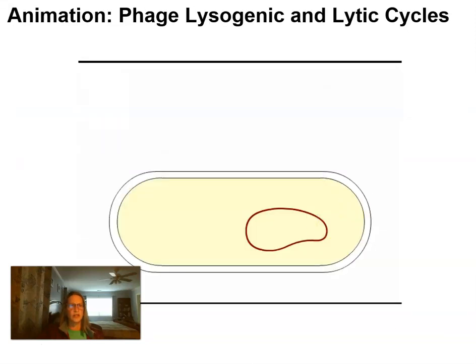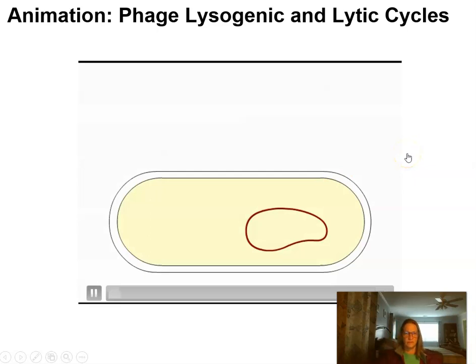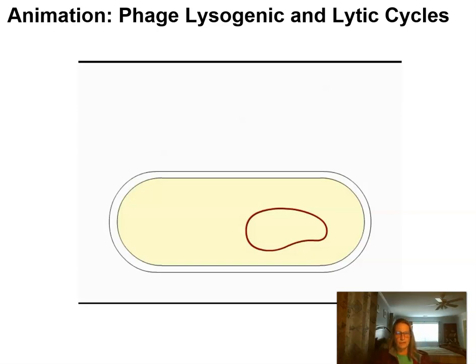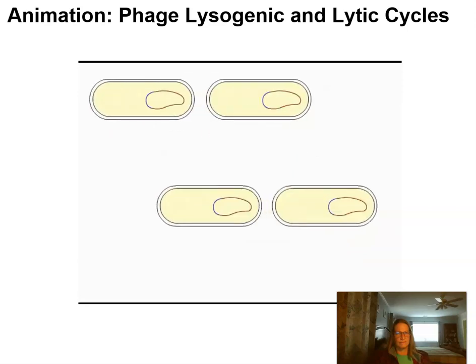Okay, here's an animation demonstrating this whole thing. In contrast to the lytic cycle, the lysogenic cycle reproduces the viral genetic material without destroying the host. The lysogenic cycle of phage lambda begins when a phage binds to the surface of a host bacterium. The phage injects its DNA into the host cell, leaving the empty protein coat outside. The viral DNA is incorporated into the host cell DNA, where it is called a prophage. Every time the host bacterium reproduces, it replicates the phage DNA along with its own and passes the copies on